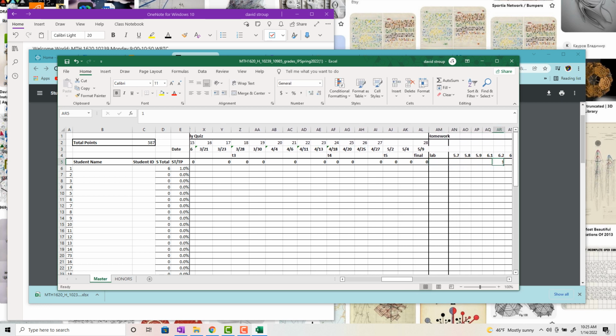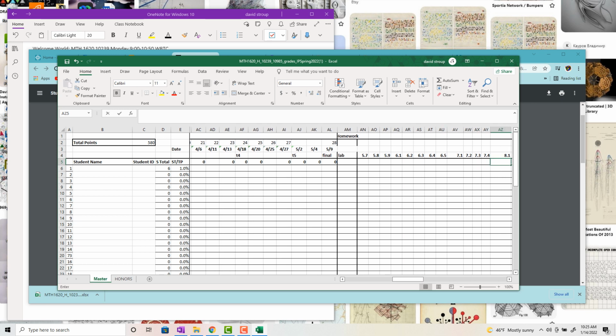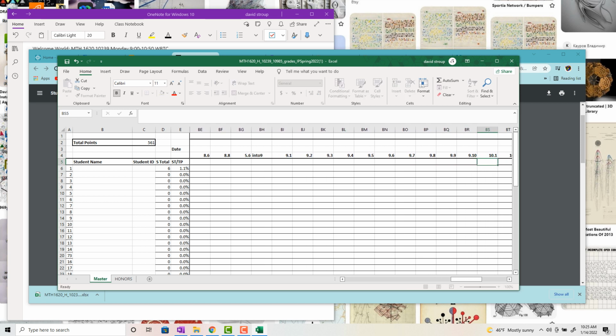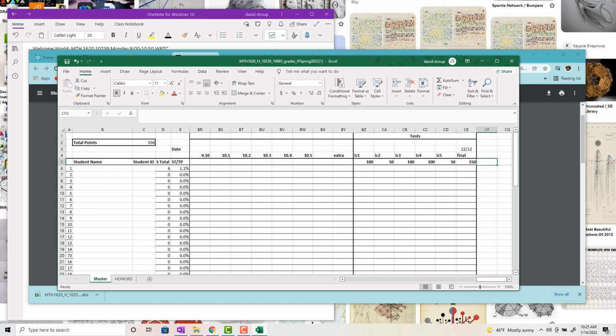Maybe you don't have any of these done and you don't want to include that in your grades. And let's say we took the first test only and I got 70. You should be able to look over here and it tells you your percentage.